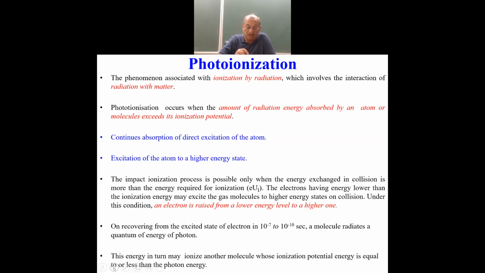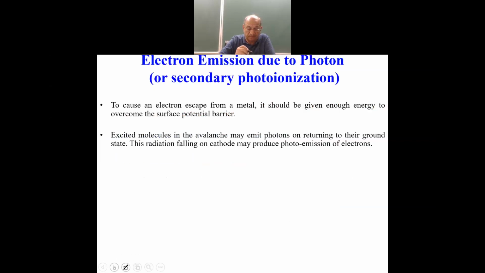So this is how it happens. Molecules at a higher level of energy are also called metastables, which I was mentioning. This is the secondary photoionization,